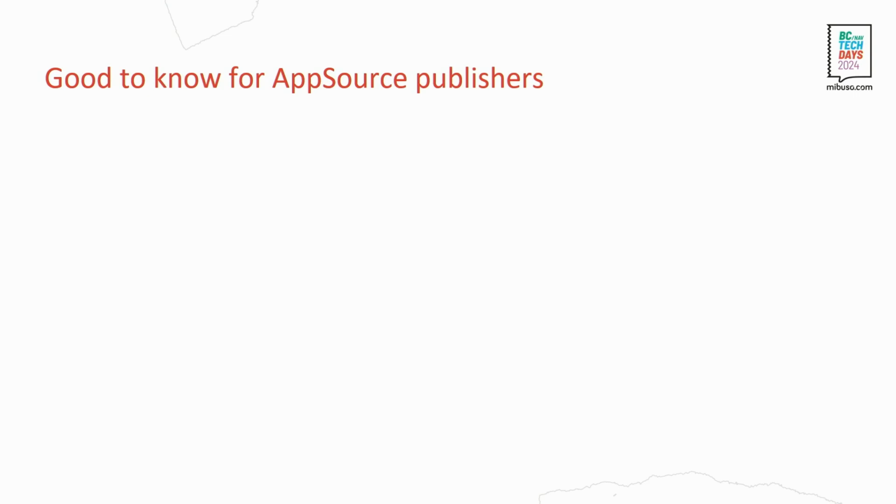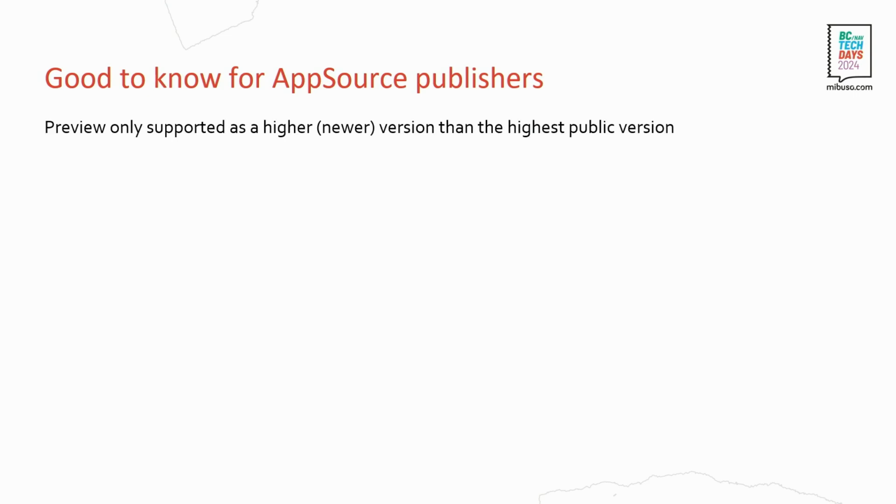So there's a couple of things that is good to know. If you are an AppSource publisher, an ISV, then we only support previews for versions that are higher or newer than the most recent public version. So previews are thought of as the next version of something which is already public. And as I mentioned, you have to set the preview key, and you have to do that before you actually